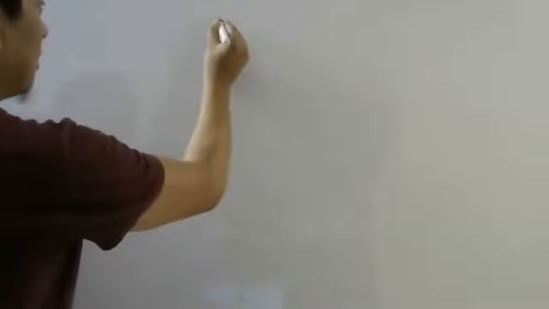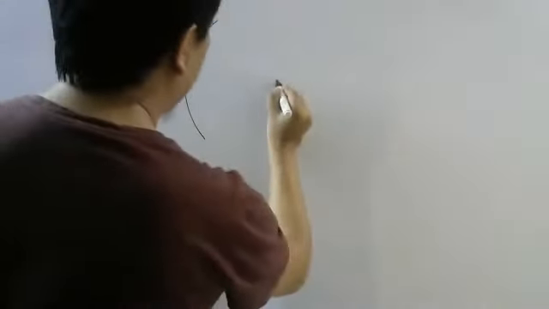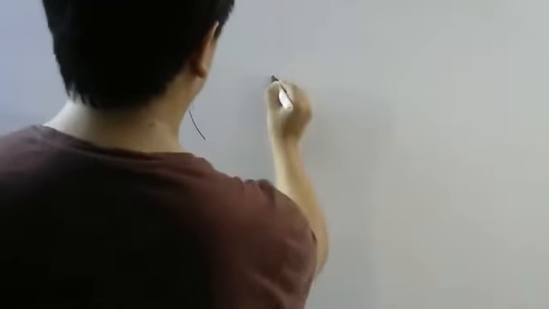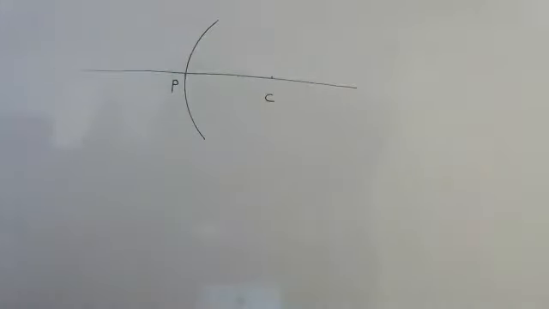So let us take a spherical surface like this. Diagram is very important. A neat diagram you have to draw. So this is spherical surface. The center of the spherical surface is the pole. Okay. Then if you draw a line, now this will be part of a sphere. And that sphere will have a center somewhere here. Okay. Then this line is called principal axis. Okay. Try to draw with scale.